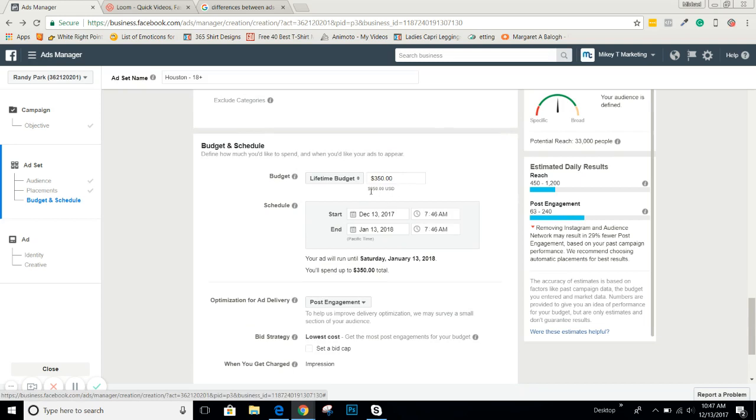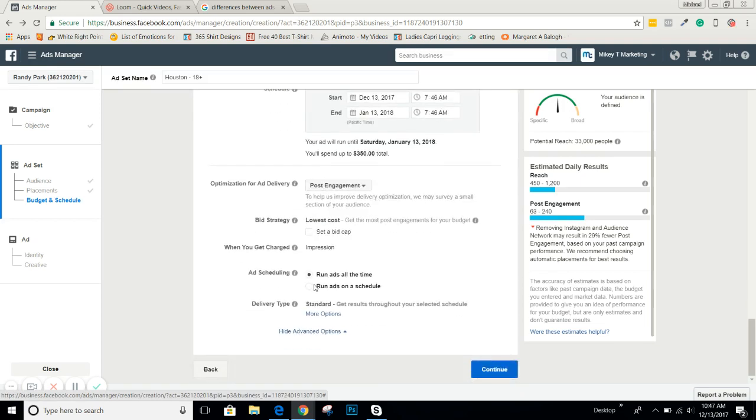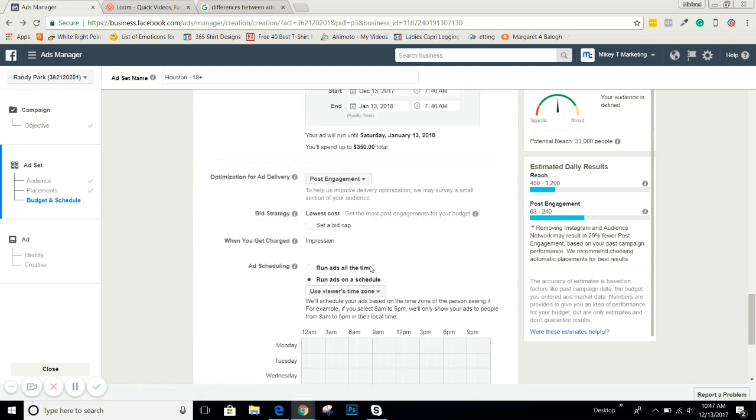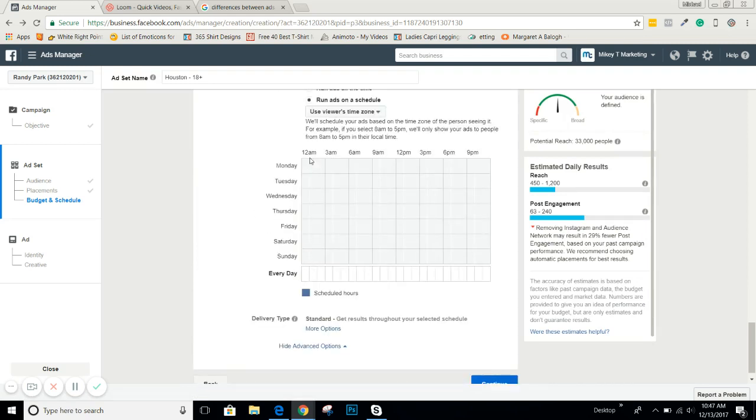It doesn't necessarily mean you're going to spend $350, but you have to have that checked if you want to run your ads all the time or on a schedule. When you hit on a schedule, it will pick exactly, okay, days, starting every day here. You could just pick, okay, on Monday, I want them to start at 12 a.m. or whatever. If you wanted to say, I want them to start at 9 a.m.,